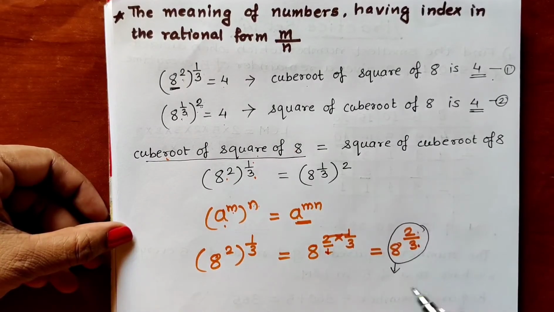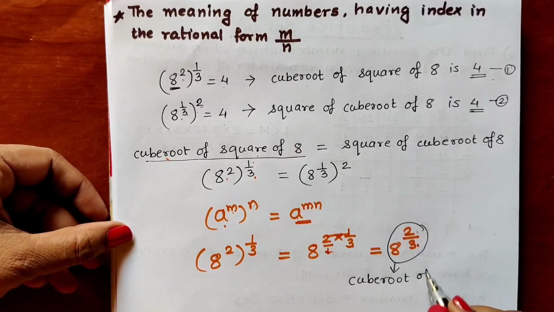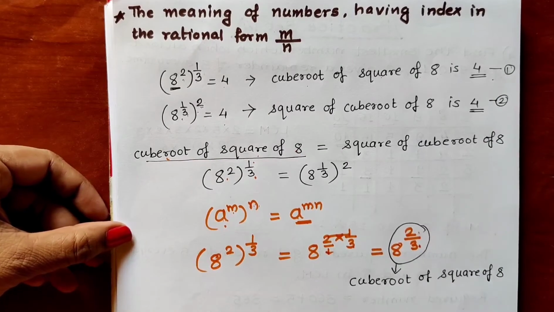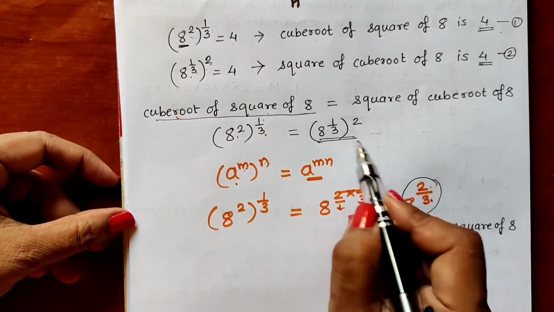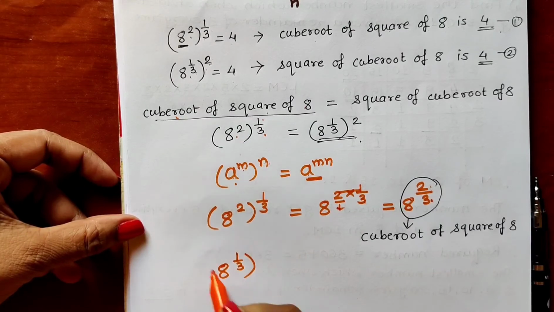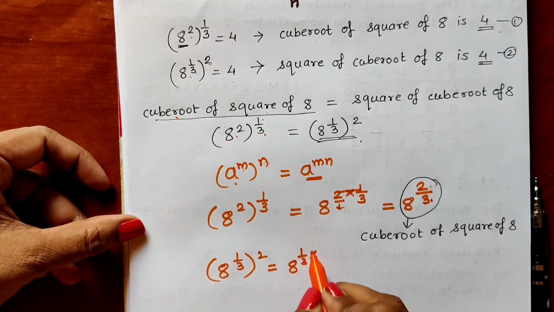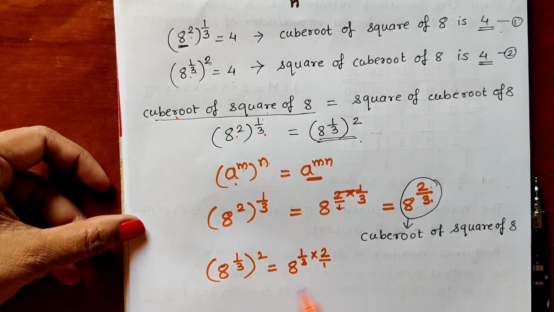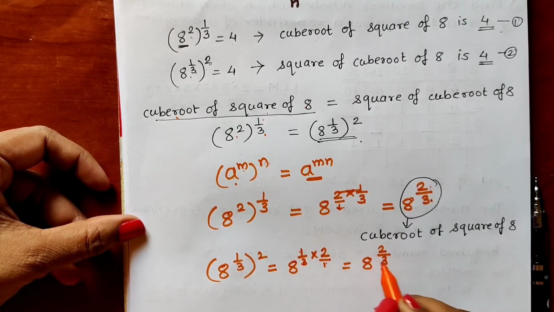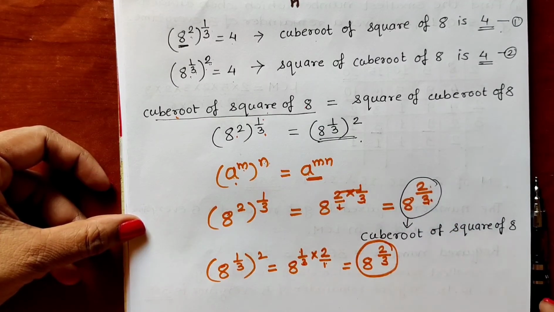It can be read as cube root of square of 8. Okay, in the same way this number can be written as 8 raised to 1 upon 3 raised to 2, which is equal to 8 raised to 1 upon 3 multiplied by 2. Multiply by 2 means 2 upon 1. So it will be 8 raised to 2 ones are 2 and 3 ones are 3. Again it is the same, 8 raised to 2 upon 3. And it can be read as,